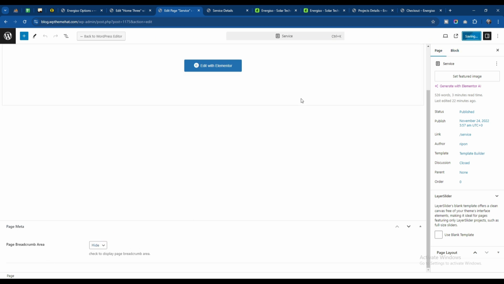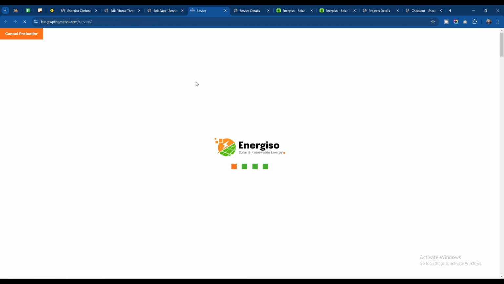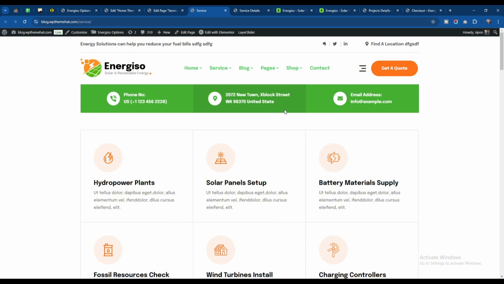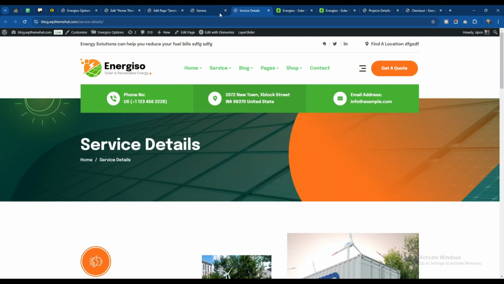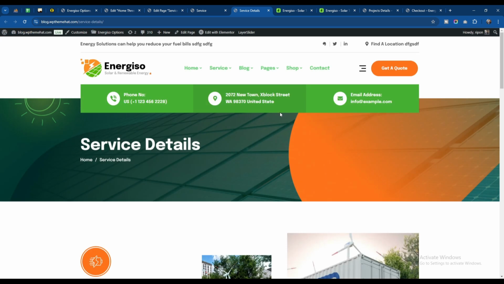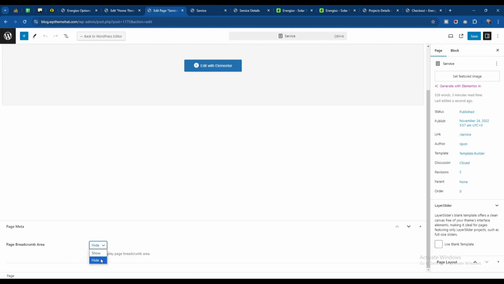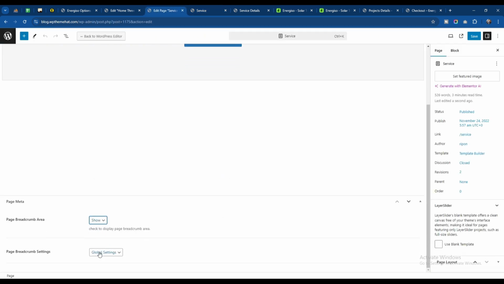If I save it now and if I view the page, then you will see the magic. Here the breadcrumb area is completely hidden. If I go to the service details page here, this one is still working because this is the setting for the specific page. Now if you want to show another image, like global settings to page settings, now we'll have the options